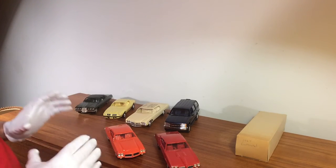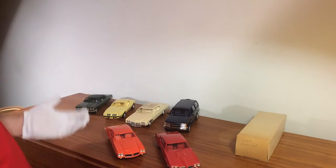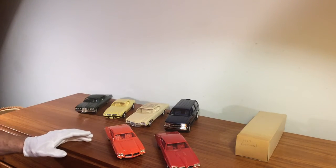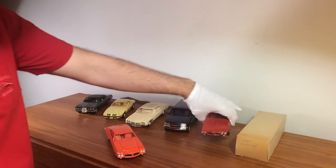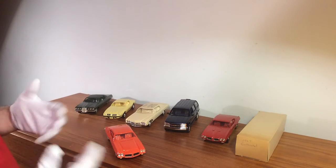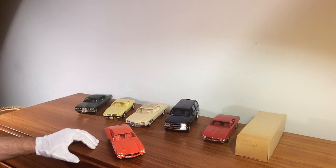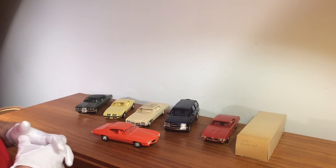One of the things about vehicles of this era, especially the 50s, 60s, and 70s, and even the 80s stuff, is that people back then would go in and buy a new vehicle, and they would keep it for a year or two, sometimes up to 3 years, and generally by 3 years they were trading it in on something new, and that was exactly what these promos were geared towards, because the